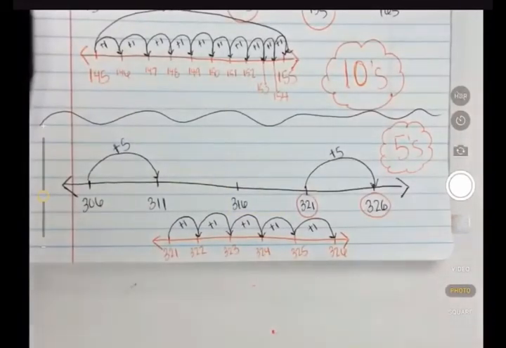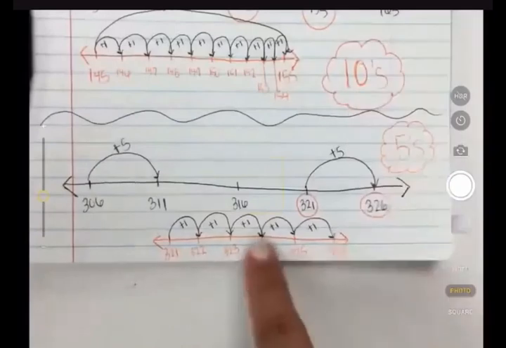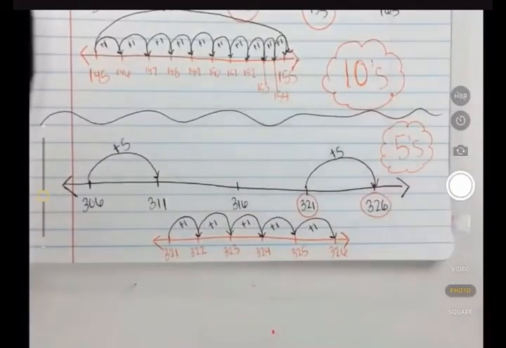Now, that's not usually how we see our 5s. We usually see 5, 10, 15, 20, 25, 30, 35, 40. That is still a pattern, but in this case, we did the pattern a little differently. So we did 306, 311, 316, 321, 326. It is still a pattern of 5s. It's just not how we usually see it. Now, on your assignment today, you're going to see some regular patterns, and then you're going to see some patterns